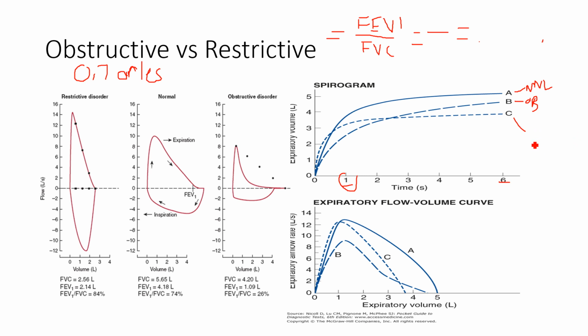So plot C, which again is our restrictive defect, at 6 seconds they get about 3.5 liters. So this is their FVC. And then at 1 second, let's call that 3.2 liters. So we plot that here, 3.2. This is FEV1 here, and this would be their FVC. So 3.2 over 3.5 gives a ratio of about